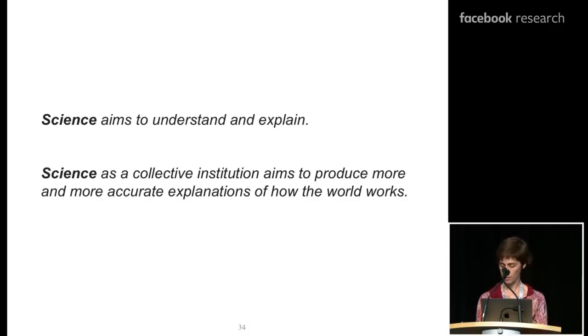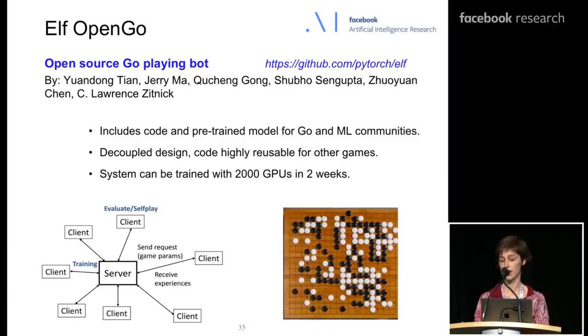Perhaps one example, a project that was taken on recently by some of my colleagues at the Facebook AI Research Lab. Over the last few months, a group of engineers and researchers, led by Yuandong Tian, have worked really hard to produce an open source Go playing bot. It's called ELF OpenGo. It's actually available as part of the ELF infrastructure. It's there to download anytime now.